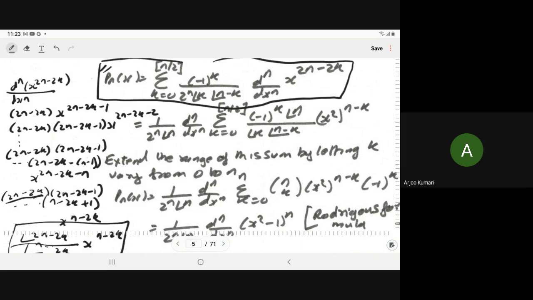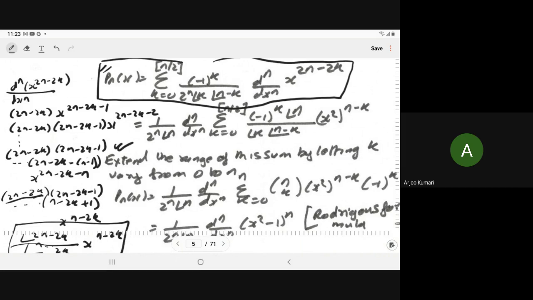Commutative in nature, so that you can interchange. So we can write d^n/dx^n of the summation of k from 0 to the greatest integer n/2, (-1)^k n! / (k!(n-k)!) x^(2(n-k)). Right. Now we can expand this